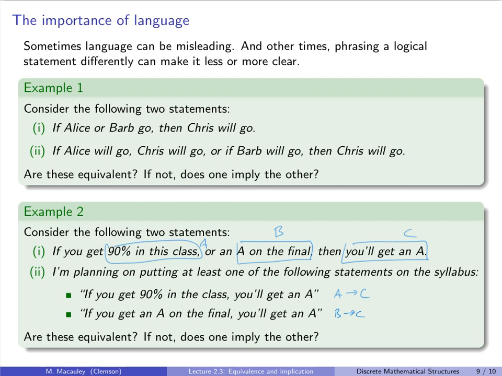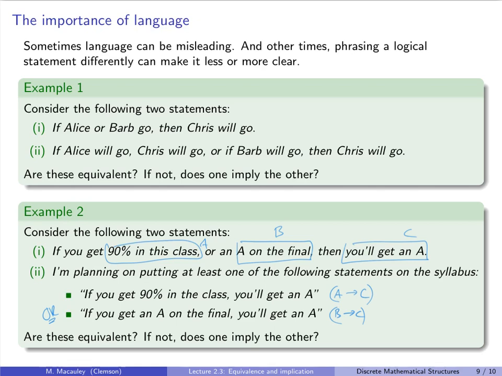So really what I'm saying is, well, this is how you can get an A in the class, or this is how you can get an A in the class this way. So notice this is exactly the same logically, as I've written it here with this or, as this example 1. But I'm doing this example because I find it a little bit more intuitive to understand when we have a guarantee like this, which is,